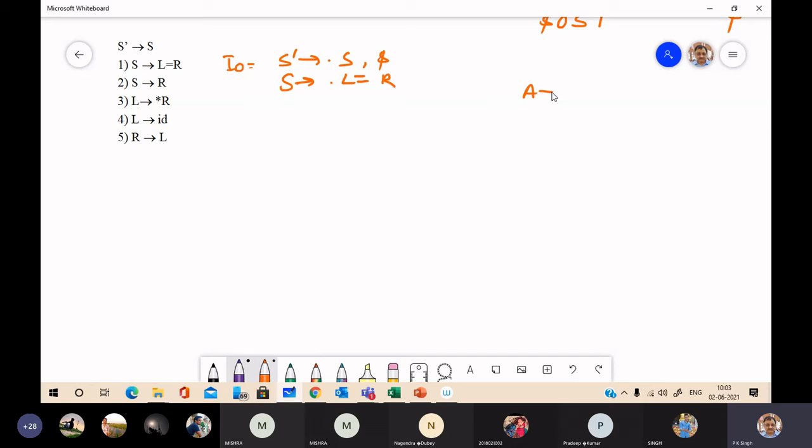If we have A to alpha dot B beta in an LR1 item set, and we have B to gamma as a production in the grammar, then you can add B to dot gamma with lookahead symbol that appears in first of beta a.